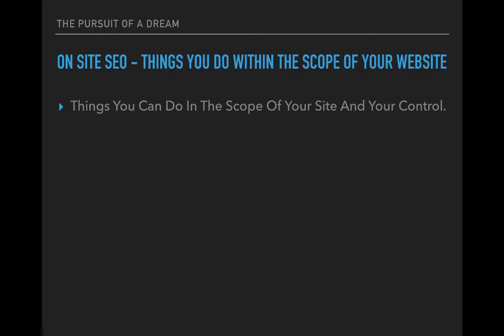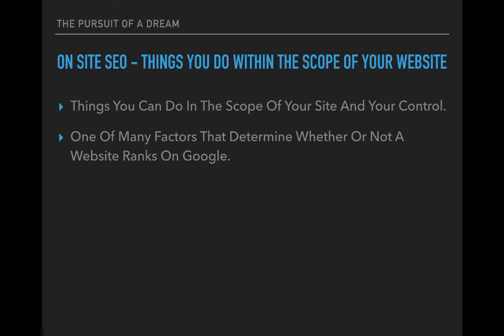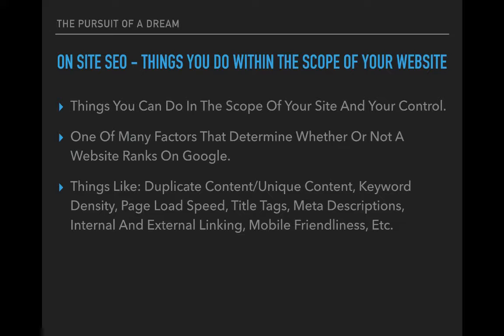On-site SEO is basically things you can do within the scope of your website and your control. It's one of the many factors that determine whether or not a website ranks on Google. So these are things like having duplicate content, unique content, keyword density, your page load speed, your title tags and your meta descriptions, whether or not you have internal and external linking, if your website's mobile friendly or not. Once again, these are the things that you can do within the scope of your site, which is why we